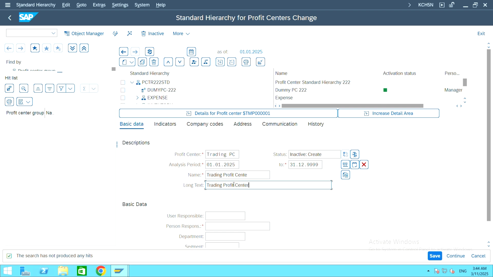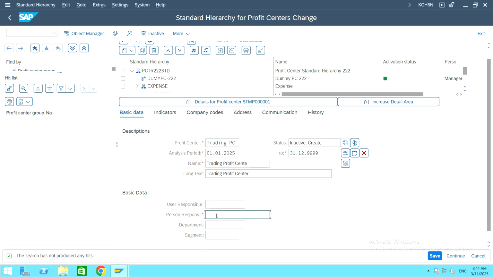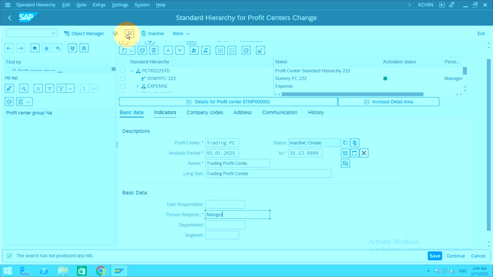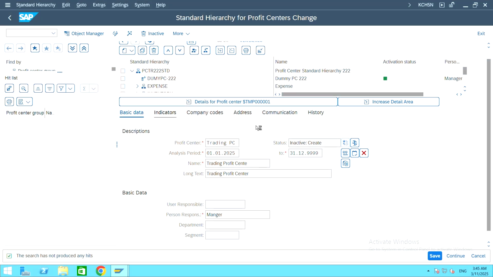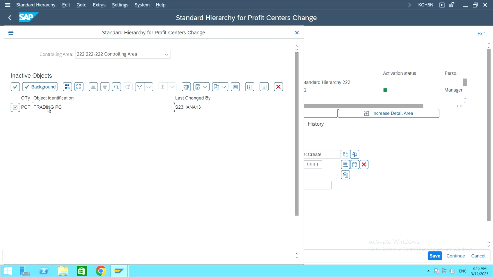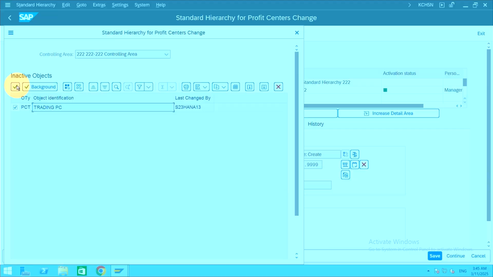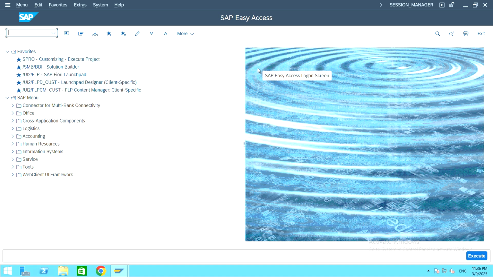Scroll down and in person responsible, give the name as manager. After giving person responsible, at the top of the screen, just beside the command bar, you'll have the activate symbol. The shortcut key to activate is Ctrl plus F3. Click on activate and select the trading PC and click on activate. And we have created the general ledger account as well as the profit center, which are required for doing